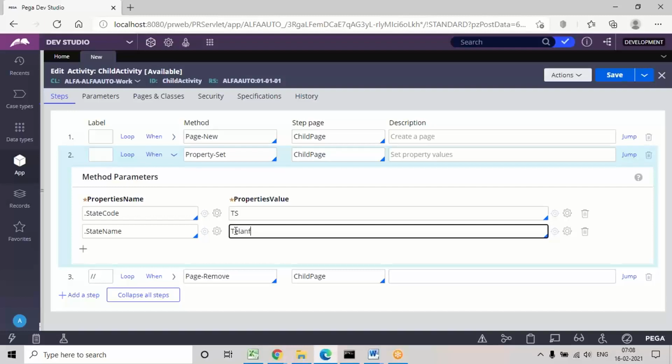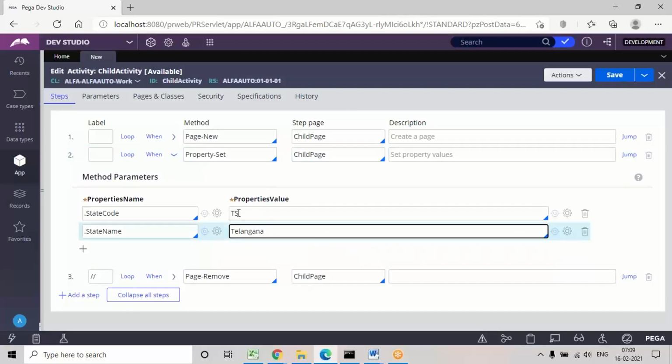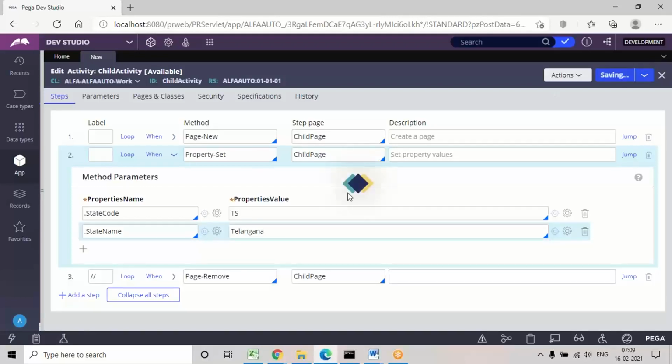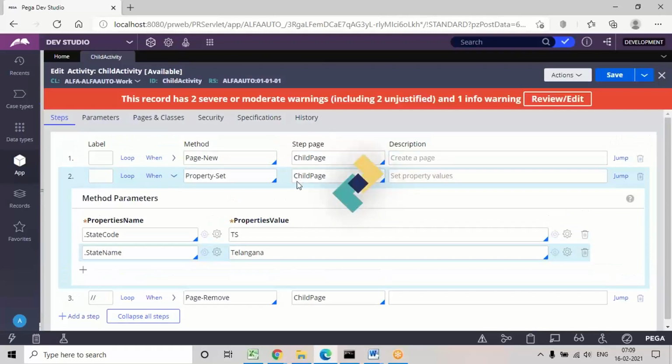I'm hard coding, but in the next scenarios we don't hard code the values. As of now I'm just hard coding the values, but in the coming scenarios we'll be giving the work class properties or integration class properties. But now I'll hard code, because to understand the debugging process I'm just going to hard code the data. So the value will be assigned to the state code property in the table class. Okay, you may get these warnings, no issues.